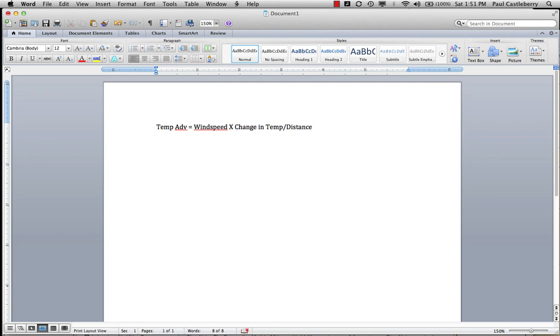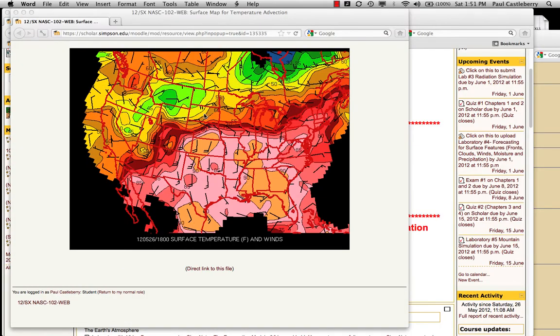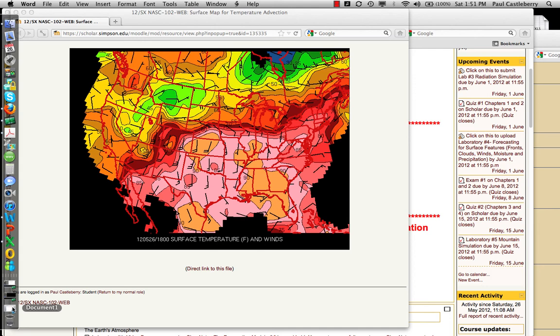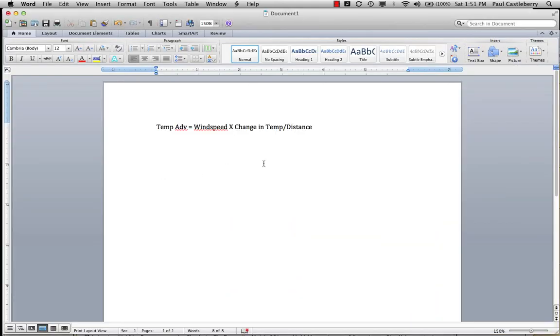The wind speed that we saw from this particular map, we're seeing 10 to 15 miles per hour, 10 here, 15 here, so let's take the average of that. So that would be 12 and a half. I'm going to round it to make it a little bit easier. So the wind speed is 13 miles per hour